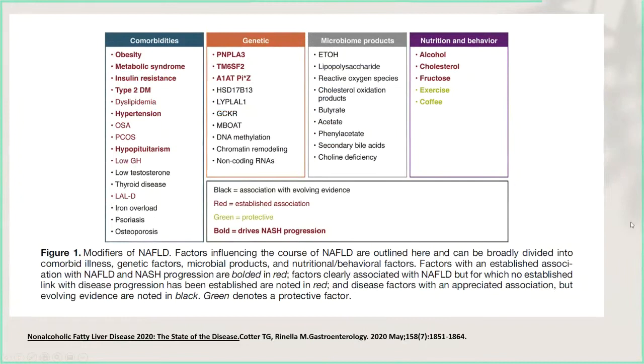Now, this is a slide which for me is very difficult because it says that some of these are bolded in red and some are in green, and I'm red-green colorblind, so I don't know what is what. So